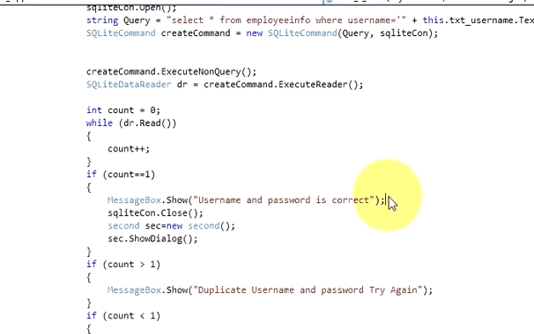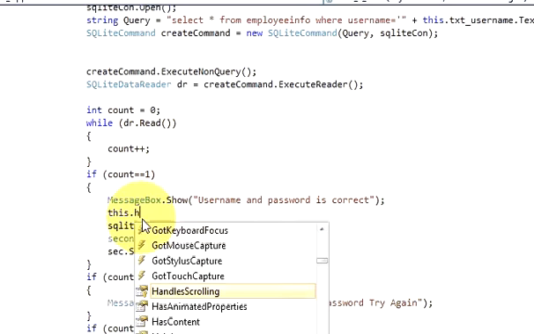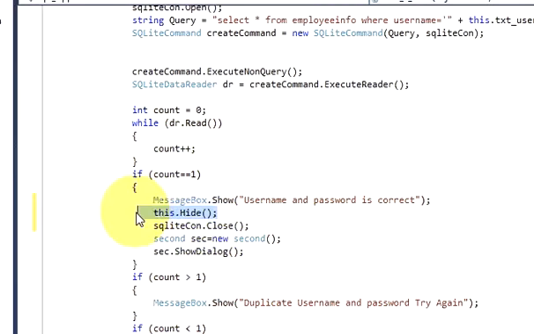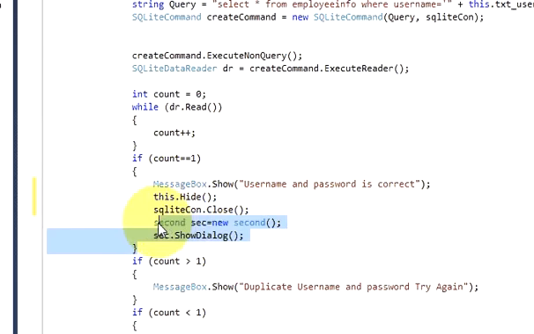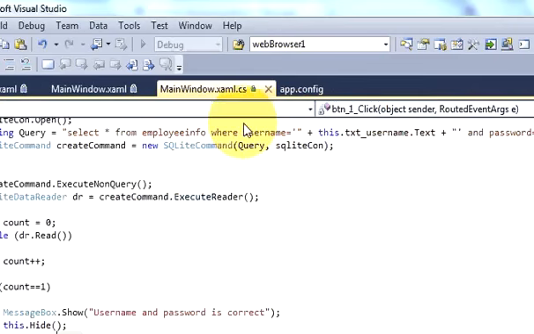One more thing you can do is you can hide this page. So you can write this dot hide, bracket and bracket close. So this will hide your login page and show your second page. Now when I run the program,